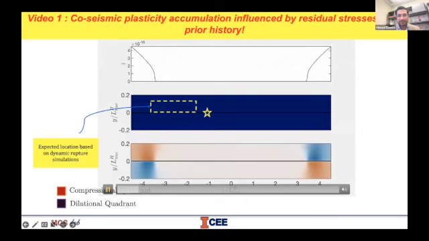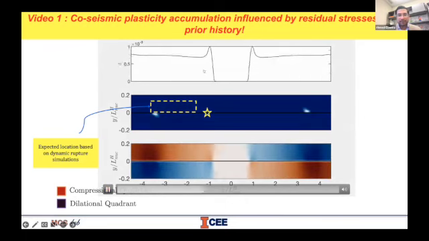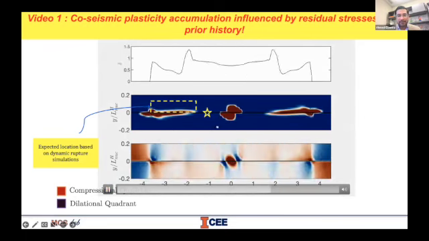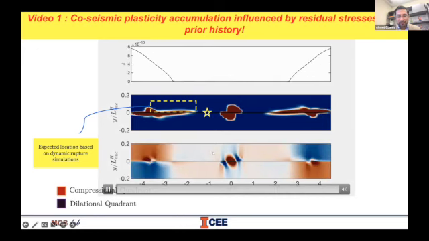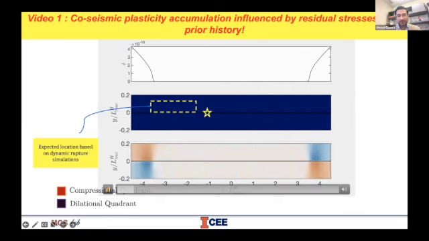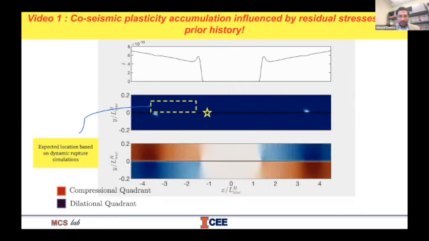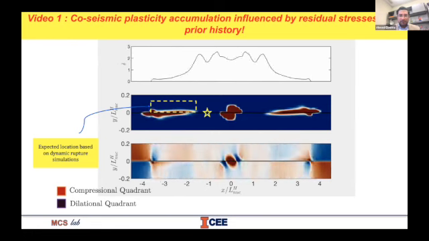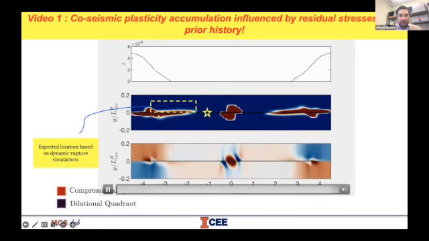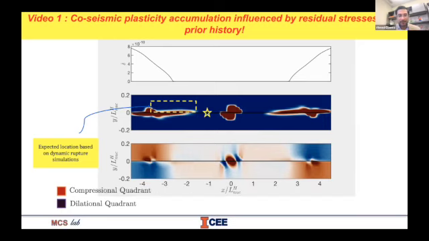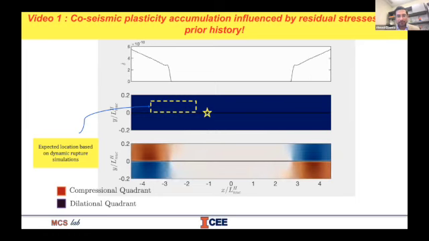And as you can see, the top here is the slip rate, the middle is the plastic strain, and the lower figure here shows the mean stress. So let me play it one more time. So as the creeping front advances, you get perturbation in the mean stress, but you can see that more plasticity is accumulated on the opposite side of what we expected based on the direction of propagation. That's basically because of the tensile perturbation that was carried by the advancing creeping front. So one more time.